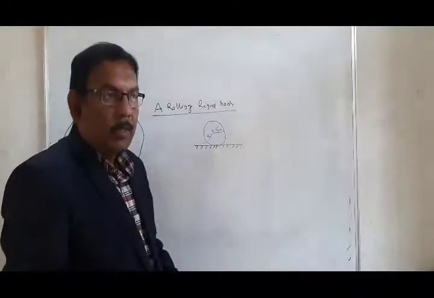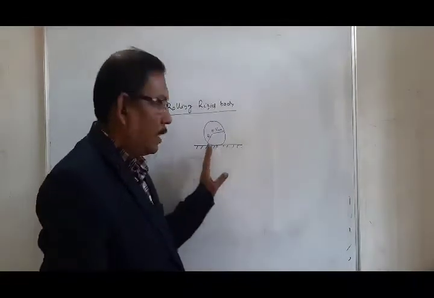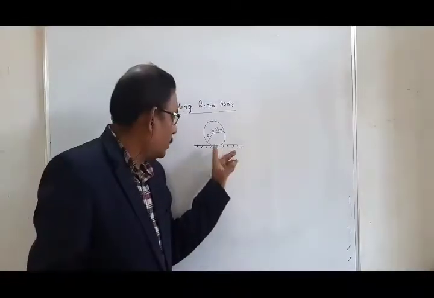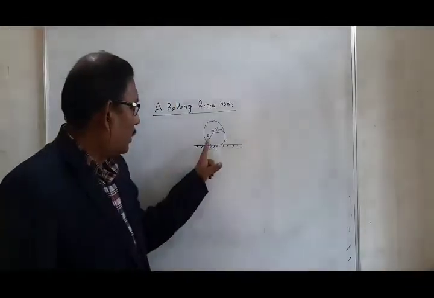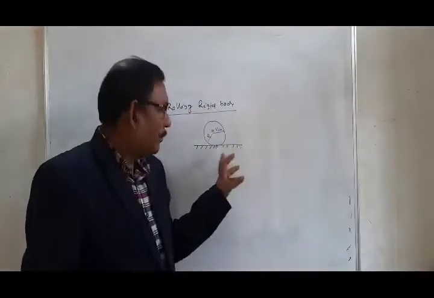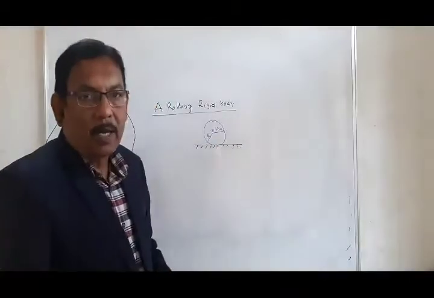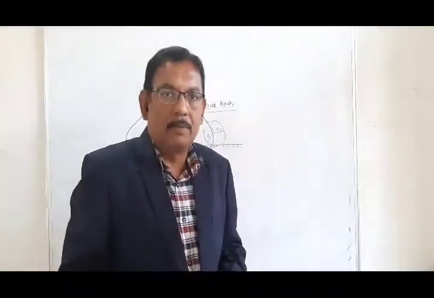Okay. Let us consider a homogeneous rigid body rolling on a rough inclined plane. It is shown in the figure. At the radius r, the body is rolled about the point P. Okay. So what is the net kinetic energy of the rolling body?